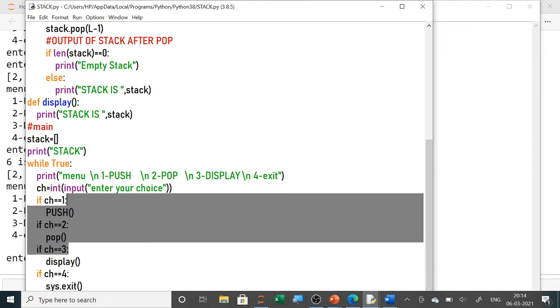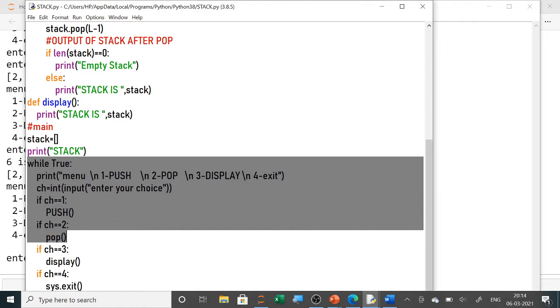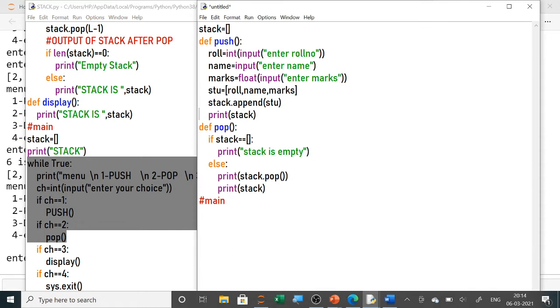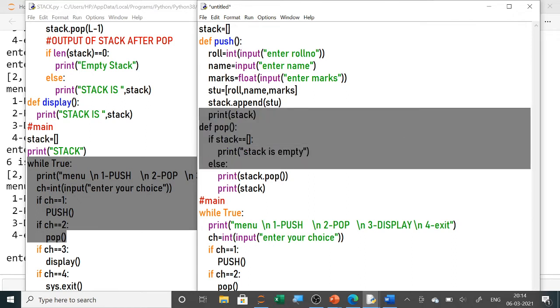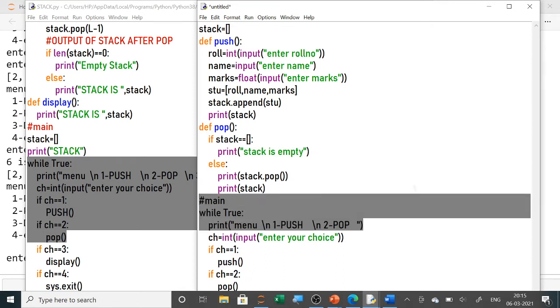खाली पॉप तक हमको चाहिए, तो वाइल से लेकर खाली पॉप तक चाहिए। तो हमने मेन में यहाँ पे इसमें हमको डिस्प्ले नहीं कराना है, खाली हमको पॉप तक चाहिए, तो हमने खाली पॉप तक लिखा है। एग्जिट के लिए हम अभी मेनू नहीं रख रहे हैं। तो पुश एंड पॉप, क्योंकि एग्जाम में थ्योरी पेपर में खाली पुश एंड पॉप आएगा, इसीलिए हमने खाली यहाँ पे स्मॉल लेटर में पुश है, स्मॉल लेटर में पॉप है, तो यहाँ पे भी हमको स्मॉल लेटर में पुश और स्मॉल लेटर में पॉप है। नाउ नेक्स्ट इसको हम रन करा देते हैं।